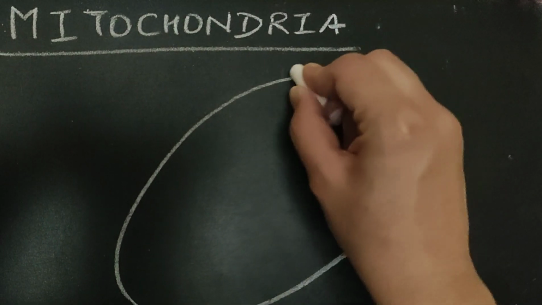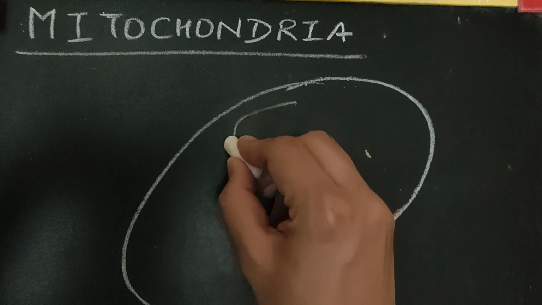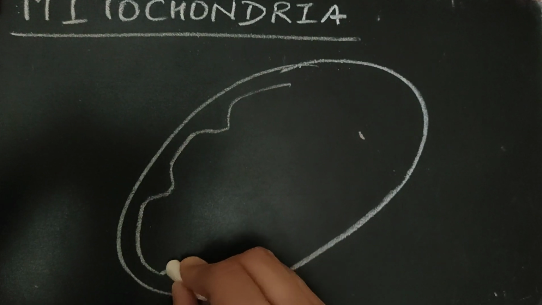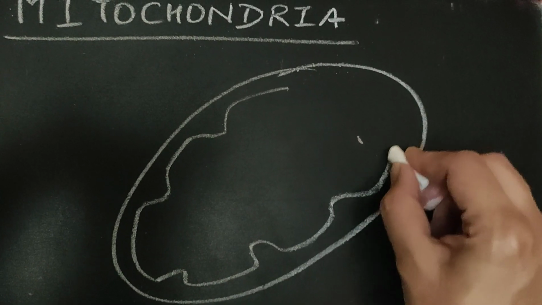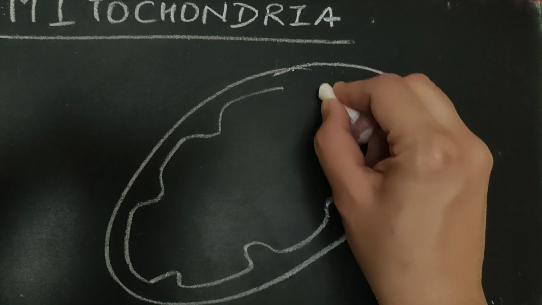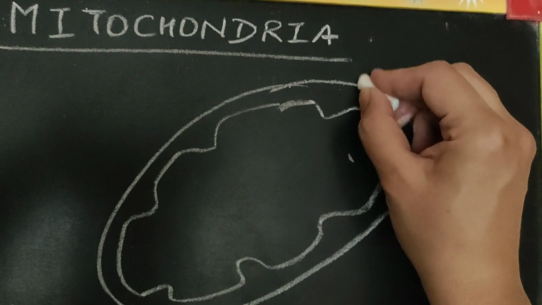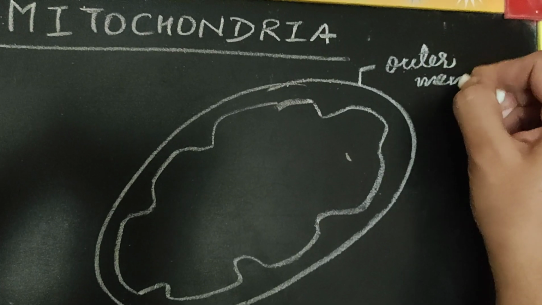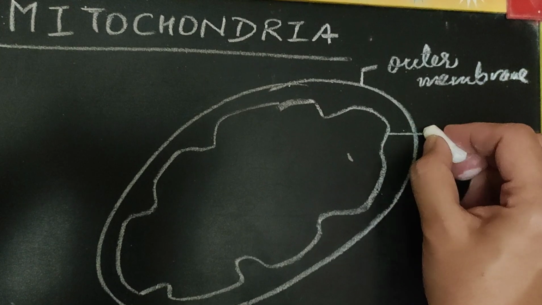It has an outer membrane which is surrounding an inner membrane which has these finger-like projections. This is to increase the surface area as cellular respiration will be taking place inside the mitochondria. So we label the outer membrane, the inner membrane,